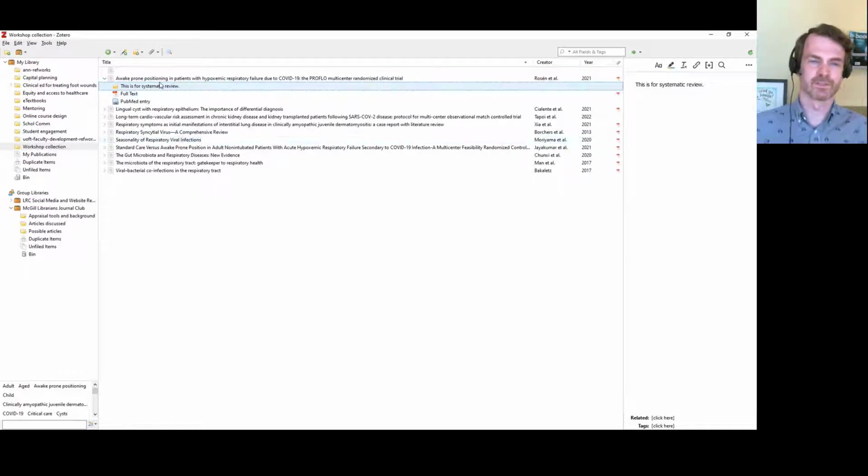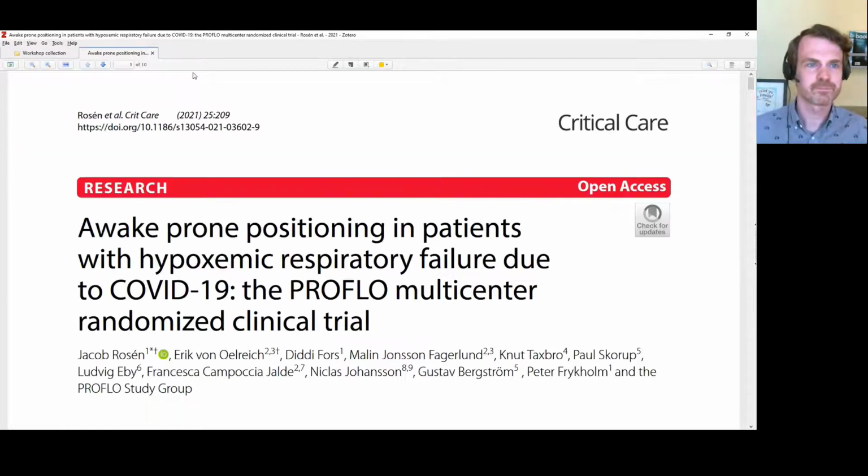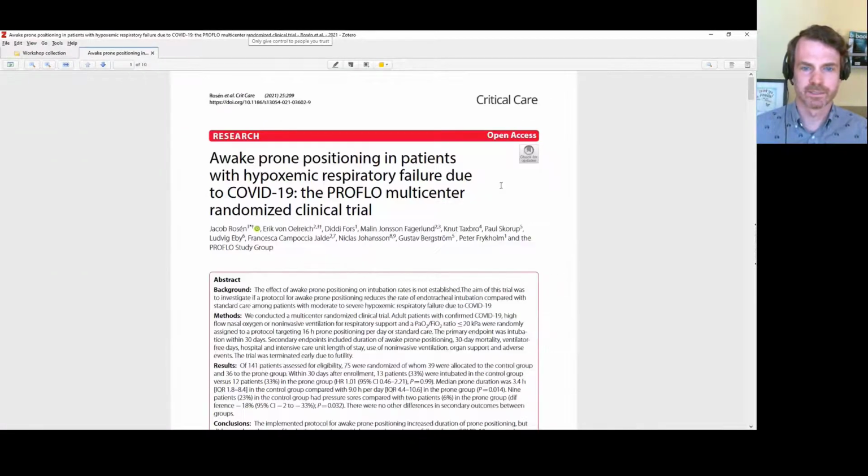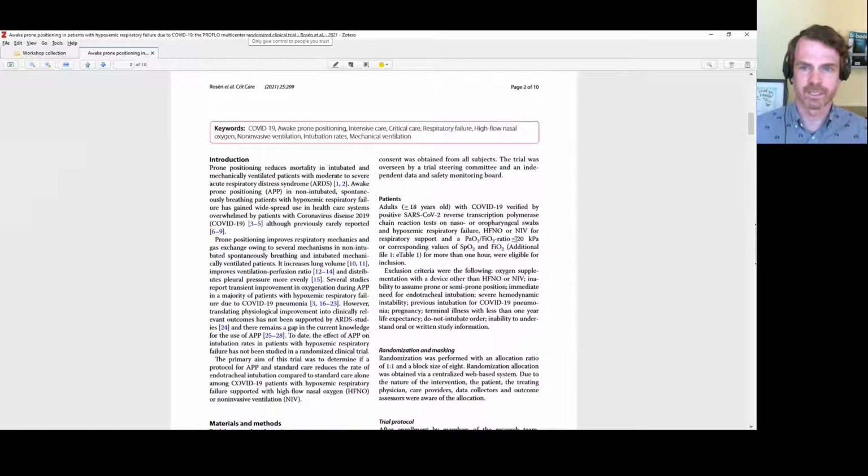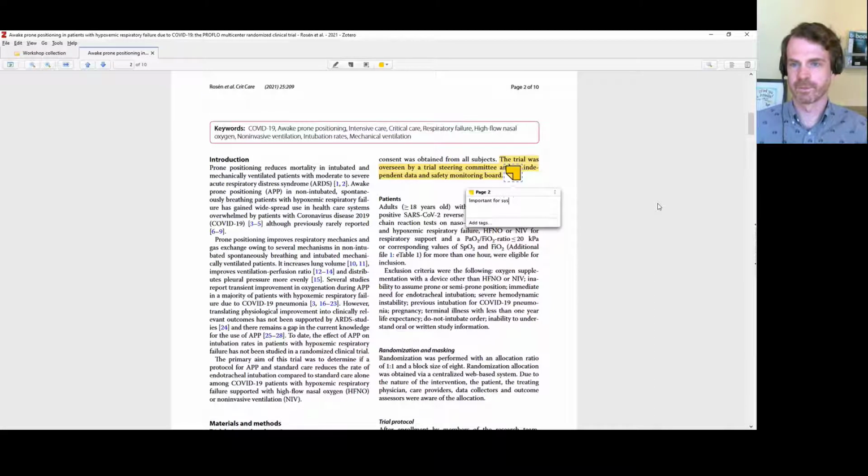The other thing you can do is also annotate your PDFs. So if you open a PDF and you're reading through and there's some part that's particularly important, we can use a highlighter and highlight it like that. If you want to make a note, we can say, again, whatever, because sometimes you highlight something and you come back weeks or months later and you say, why did I think that was important? So you can, and we can put this wherever we want,